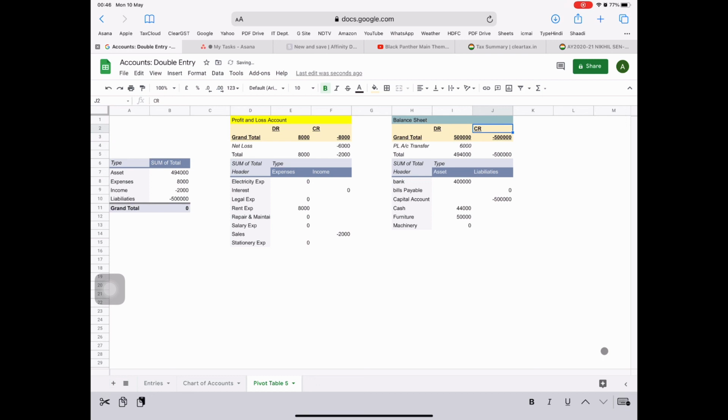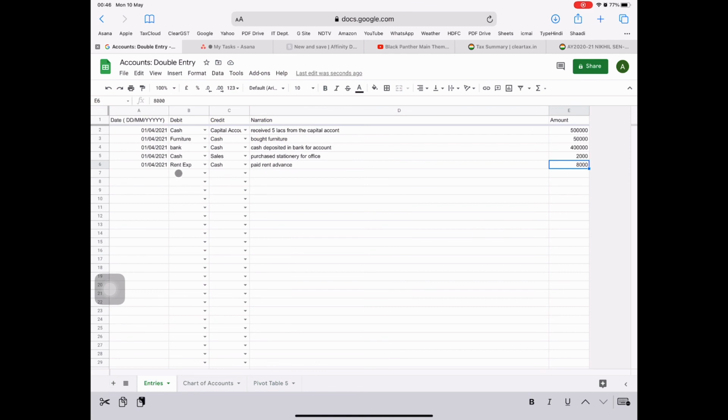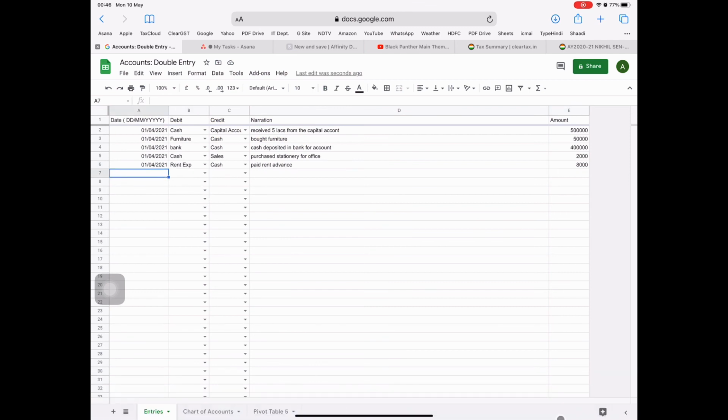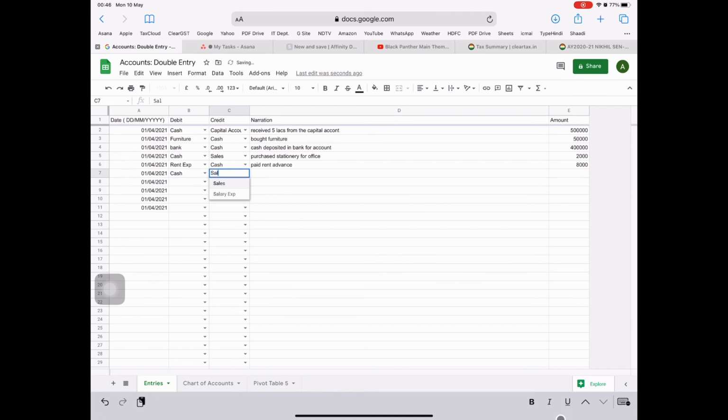I'm just posting few transactions for showing you how this works. Like if we received cash by sales for rupees 80,000, and another entry if we paid some salary. Salary is our expense account. Our expense will be increased. You will see the effect in the profit and loss account.